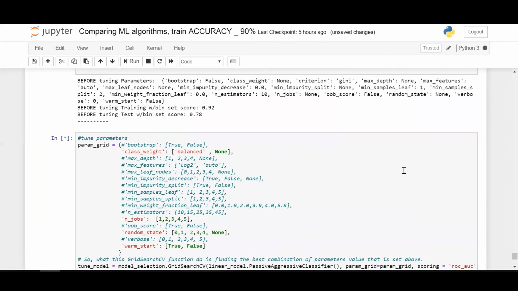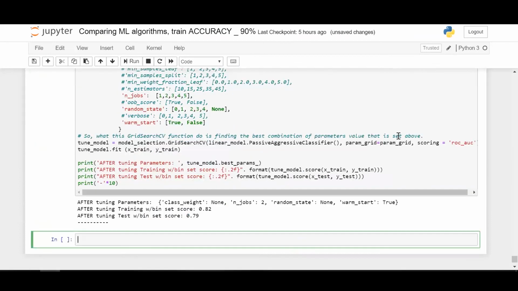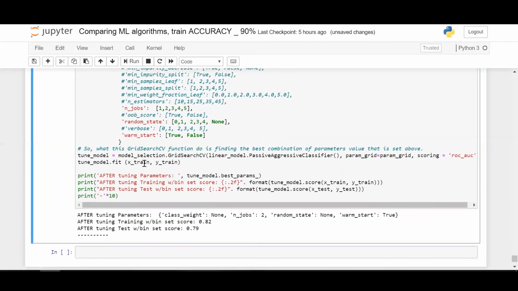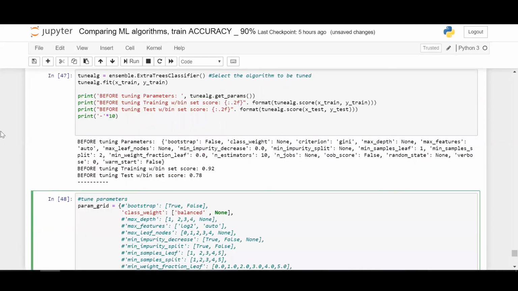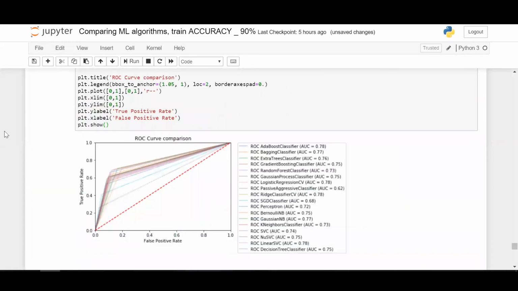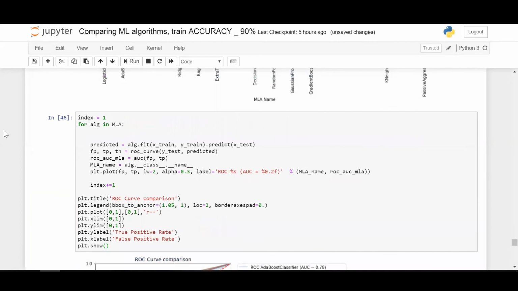This one takes time as grid search does. Oh, it's fast. Okay. So after tuning, training the dataset with this parameter grid, we get an 82% accuracy. And for testing, it's 79% accuracy for the passive aggressive classifier. How is it possible? It is because it iterated through all the different hyperparameters and gave the best performing model out.